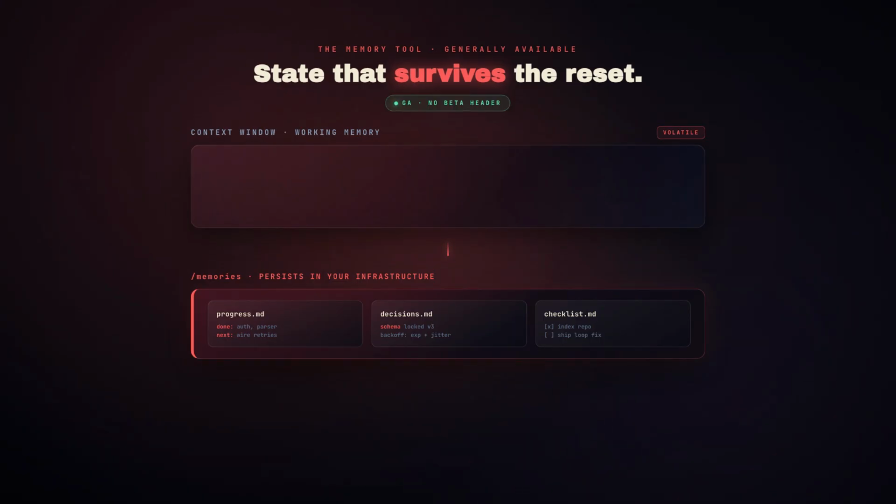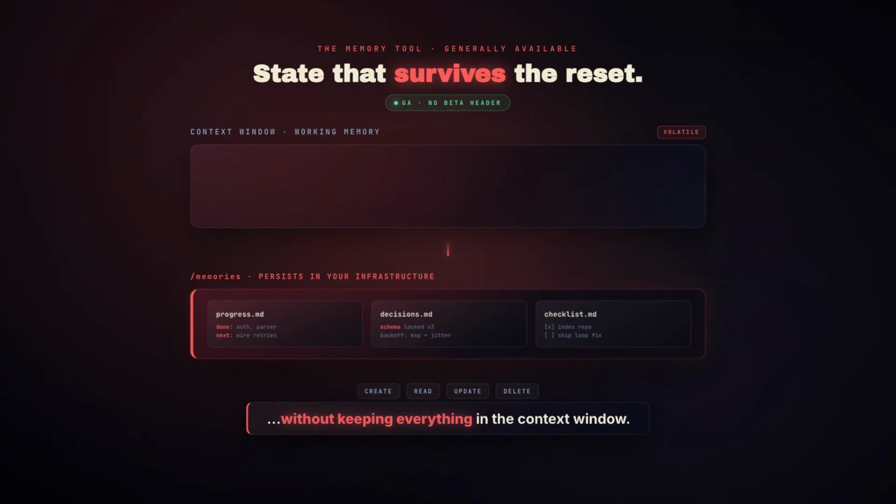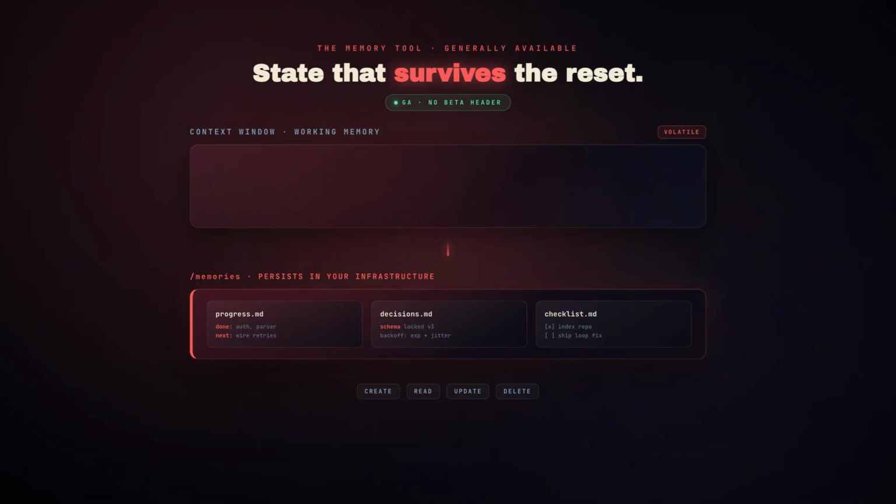header required. Quote, verbatim, "The memory tool enables Claude to store and retrieve information across conversations through a memory file directory. The model can create, read, update, and delete files that persist between sessions, allowing it to build knowledge over time without keeping everything in the context window." Read the second half of that sentence again: without keeping everything in the context window. That is the whole point. Memory is how you take the heavy state out of working memory and still get it back when you need